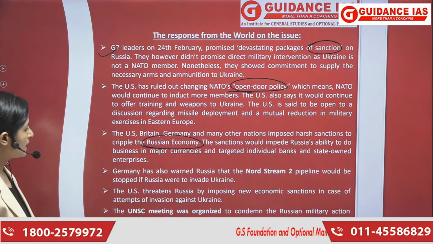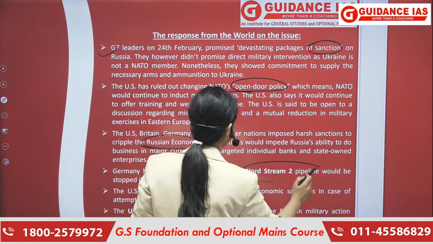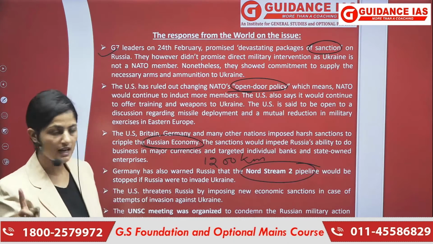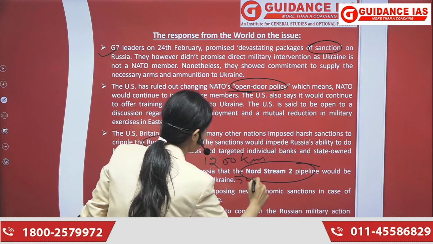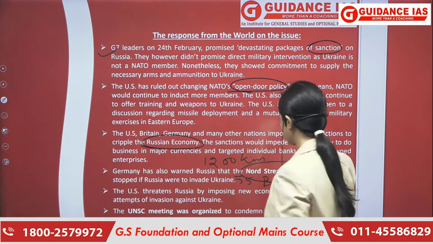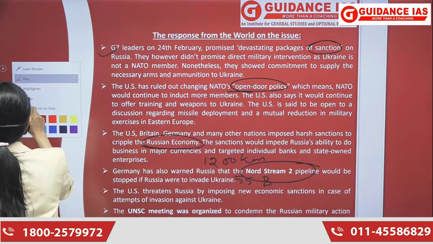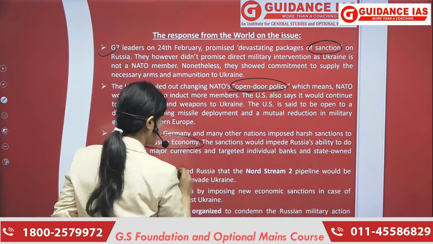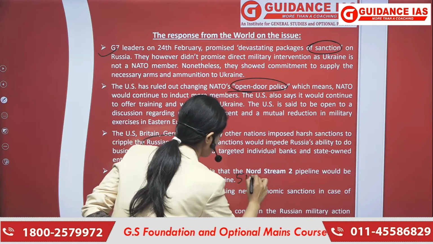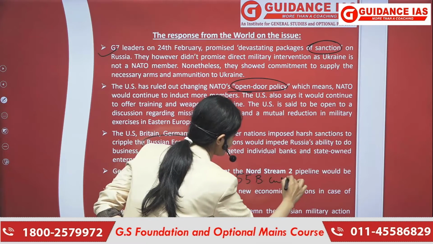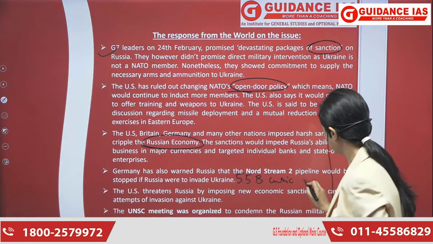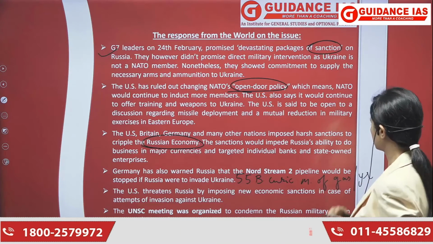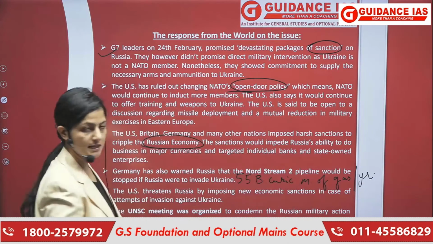Germany has also warned Russia that the Nord Stream 2 pipeline, which is a 1,200-kilometer pipeline from Russia to Ukraine, carries nearly 55 billion cubic meters of gas per year. I'm talking about per year. Okay, so this is a gas pipeline from Russia to